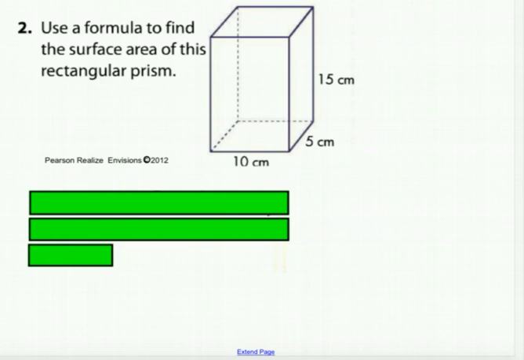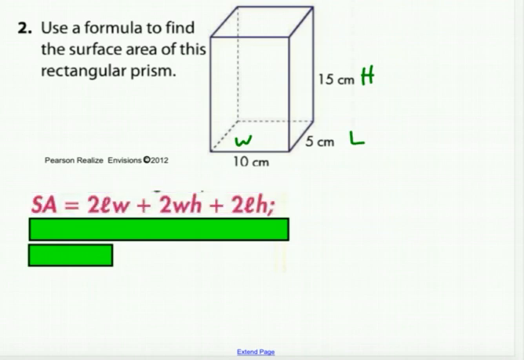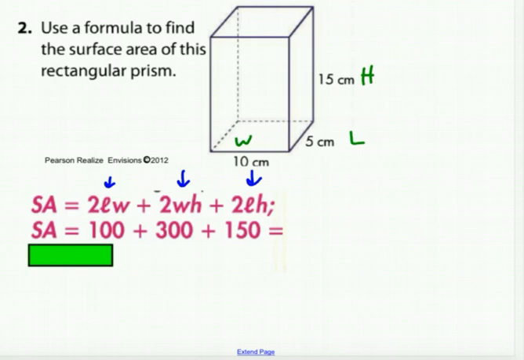Okay, one of the first things that I like to suggest that students do in a situation like this is identify your width, your length, and your height. And then all you have to do is establish a formula to find the surface area, which would be 2 times your length times the width, 2 times the width times the height, and 2 times the length times the height. So in order to solve that problem, you would just plug in your numbers